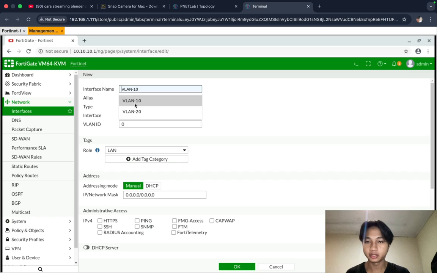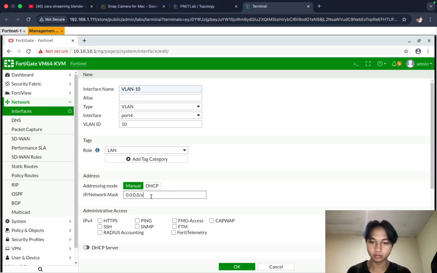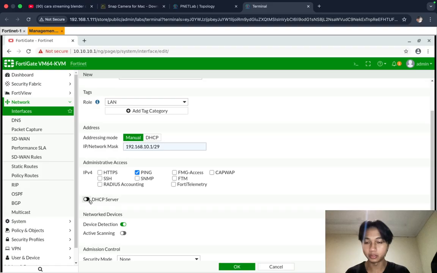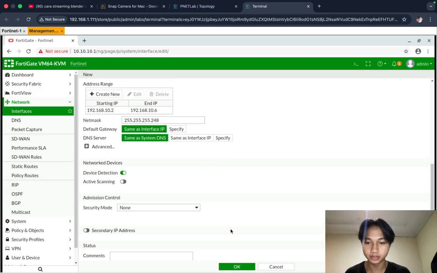Interface name VLAN 10, type VLAN, port 4, VLAN ID is 10. Role LAN, addressing is manual. This is 10.1, just ping, and I will enable the DHCP server because I want to create the DHCP server from this Fortinet.